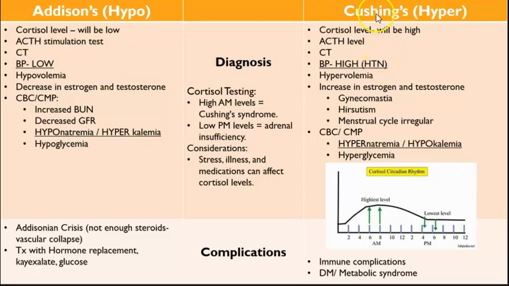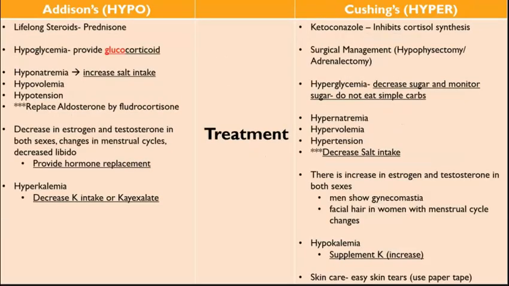Now, with your Cushing's, the complication is too much cortisol. And really our biggest concern is the immune system. So they're going to be immunocompromised. They're going to be high risk for getting an infection. Lots of times you'll see these COPDers that are long-time corticosteroid users and they end up with pneumonia. So immune complications. They're also going to be high risk for bone breaks, hip fractures, diabetes. So more of your long-term complications.